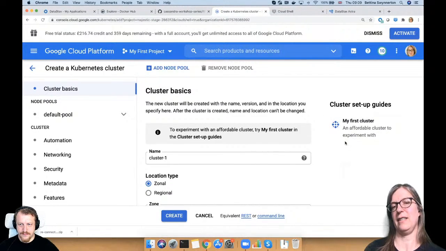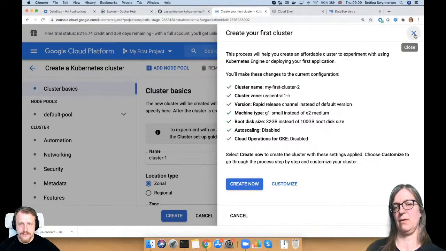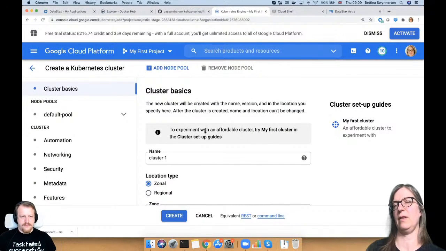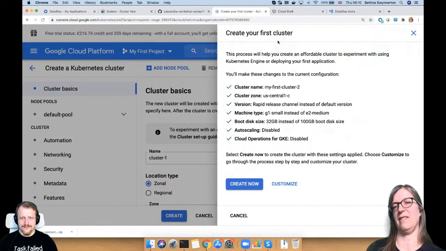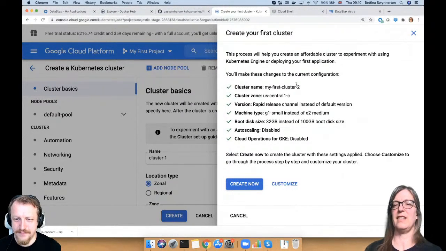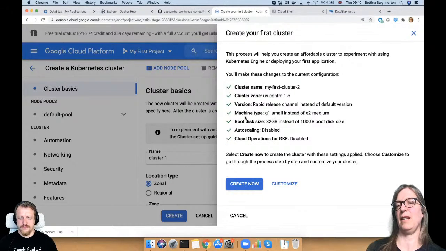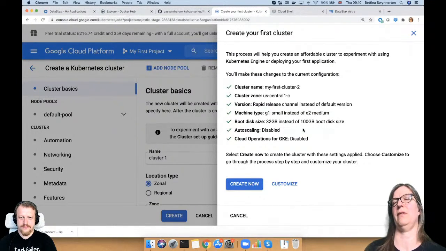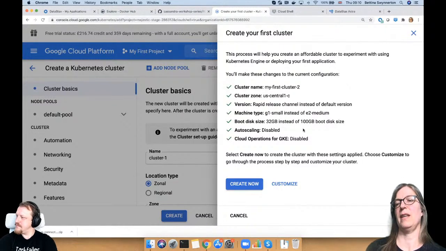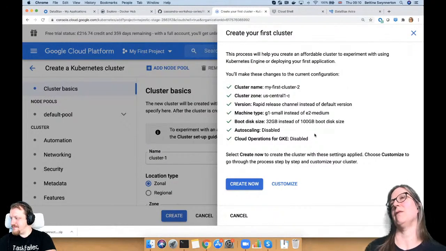So if you go on to create cluster, don't go with this one, just go to a very affordable cluster to set this one up here on the side. So I'll show you again. Instead of doing create here, this will set up a more expensive default cluster. Here, you can just click on create your very first cluster and create now. And this is the smallest one. You see the differences here. It uses machine type G1 small instead of E2 medium, right? It has a smaller boot disk. It has about half the amount of RAM that you get with the E2 medium. So it's a cheaper version, and it's plenty for what we want to do, right?